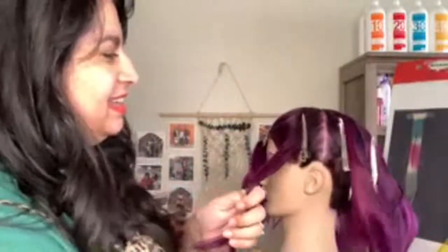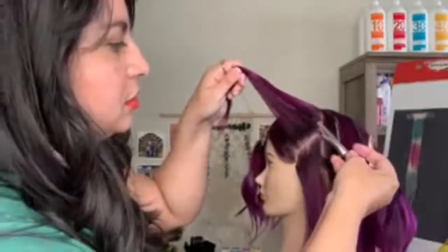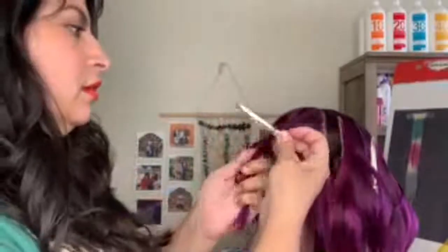All right, so let's take this front section. So we're going to do this section right here. So we're going to come in, and again, we would section her out. This is her main section, and we're going to subsection her. So we're going to do it 3 sections. So, and again, it's all on a diagonal, it's all triangles. If you think about a pinwheel, we're going to subsection this out. So if we're down here at the bottom,